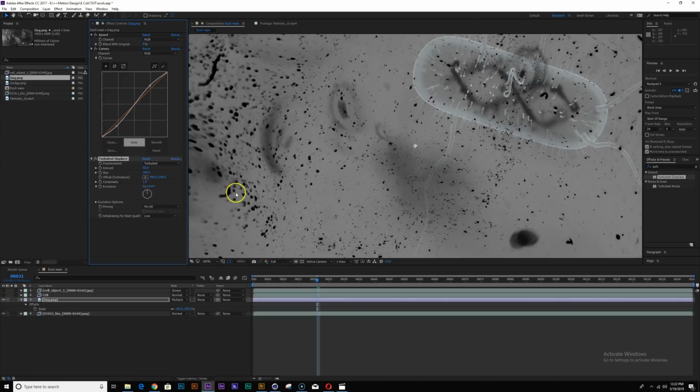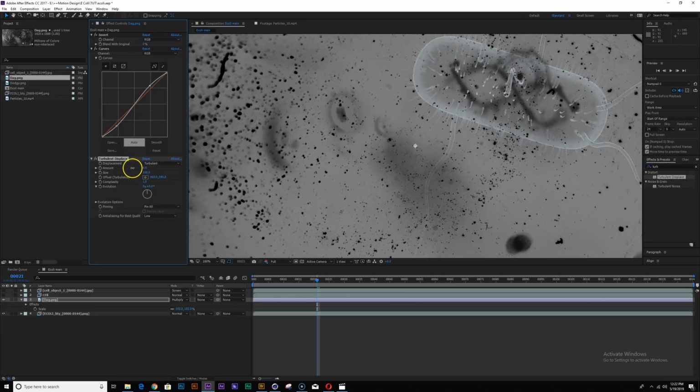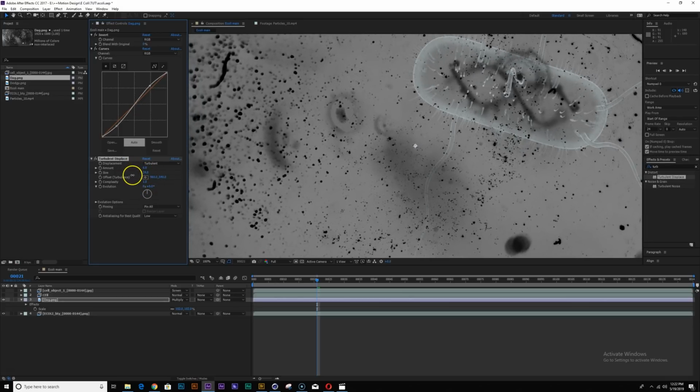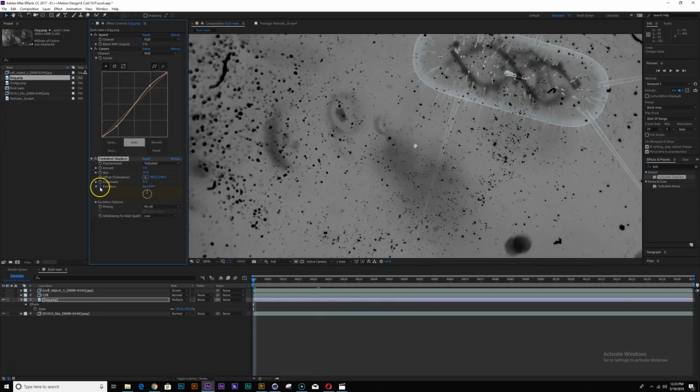What that does is, let's make the amount really small and the size really small. If I keyframe the evolution, it creates a little random distortion, and we can even crank up the complexity. So let's keyframe this real quick.